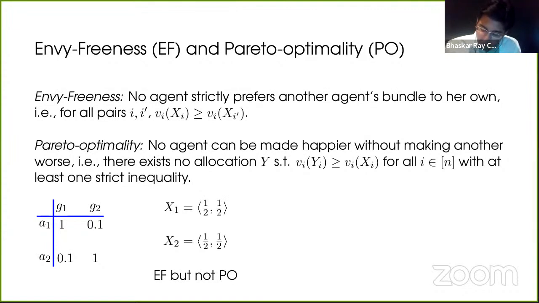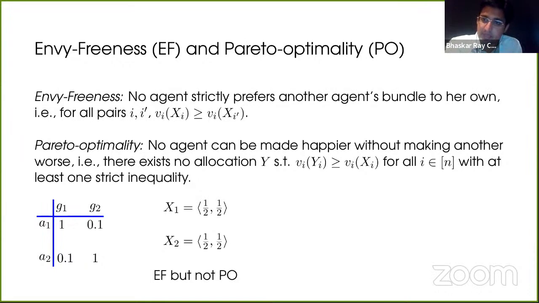Yeah. So here is an allocation where you can see that both the agents have been allocated the exact same bundle, right? So clearly this is an envy-free allocation because the bundles are identical. However, this allocation is not a Pareto optimal allocation. Why so? Because, well, if you allocate 0.5 units of both goods, you can see that each agent's valuation is